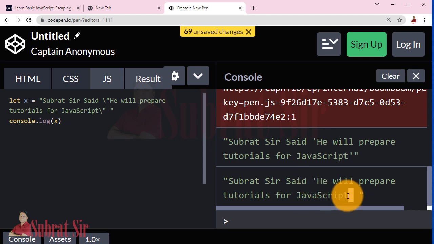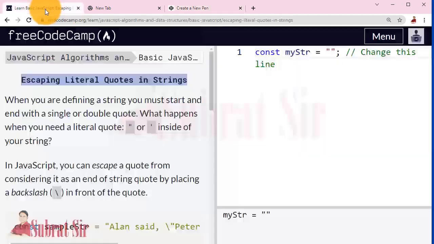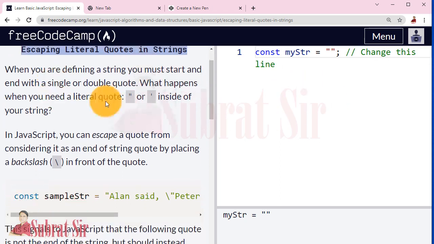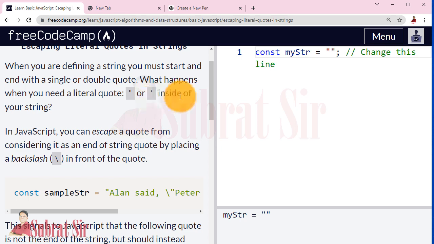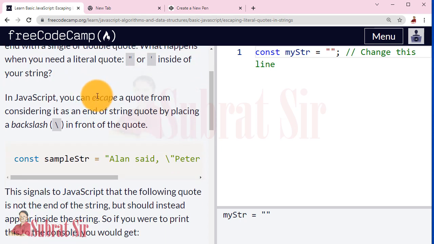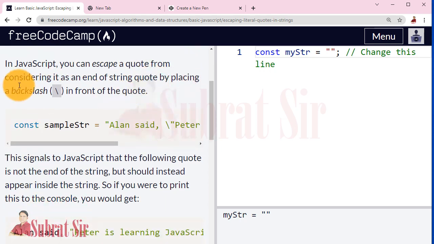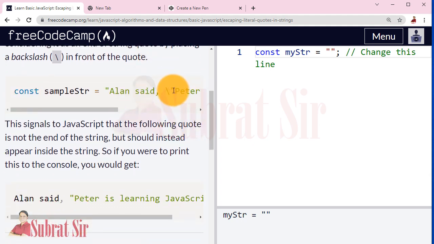You can see these codes here. If you want to use quotes inside your string, then in JavaScript you can escape a quote from being considered as the end of the string by placing a backslash in front of the quote. So here we are using a quote inside a string, so we used this backslash. This backslash will not be visible, you can only see the quotes.